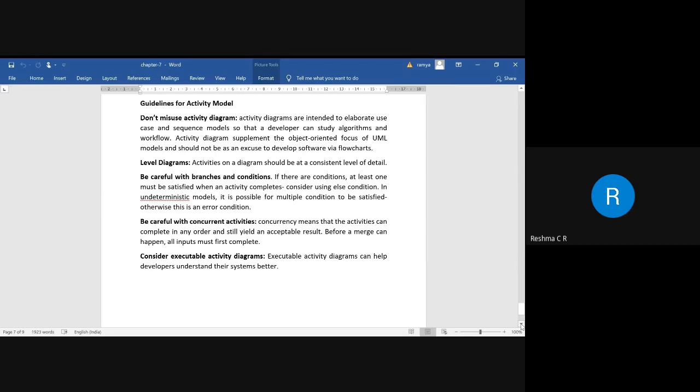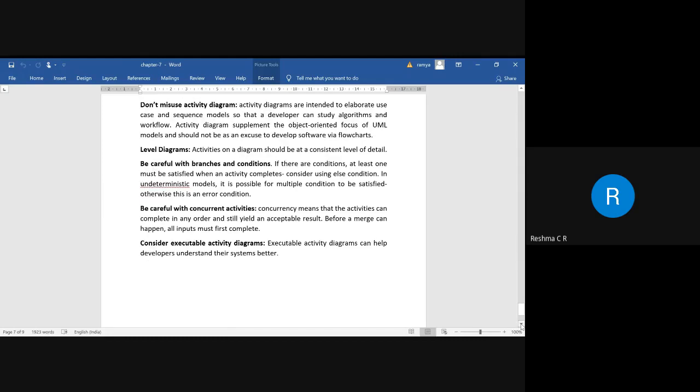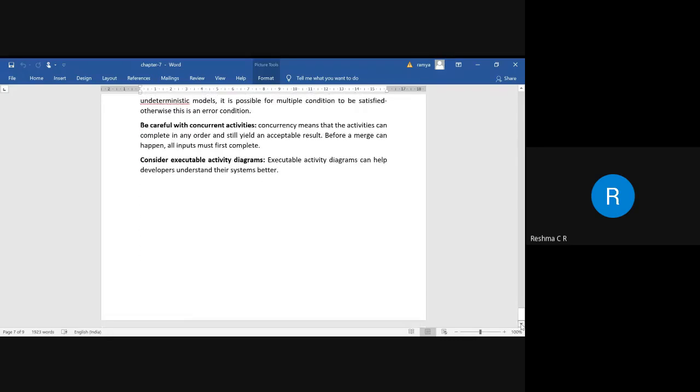And the next thing is you need to have an understandable executable activity diagram. Whatever the flow we have written should have proper understandability within a system.